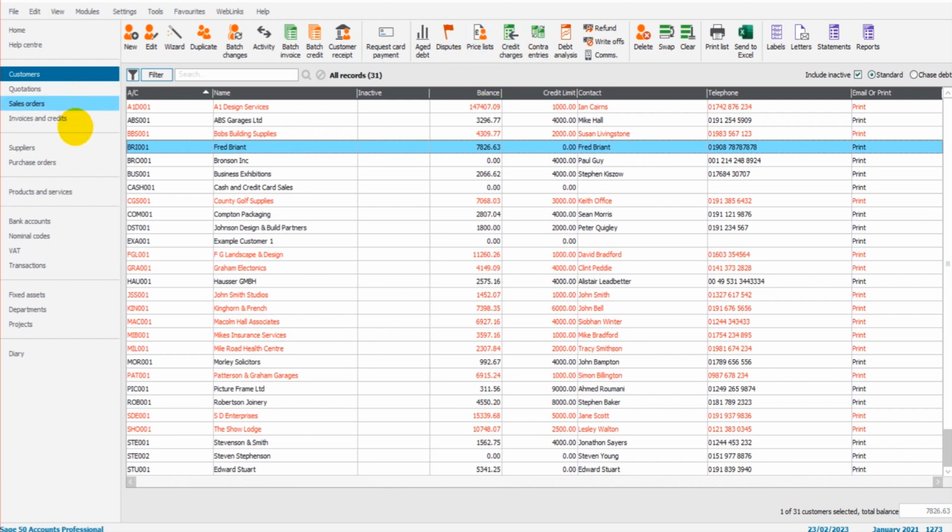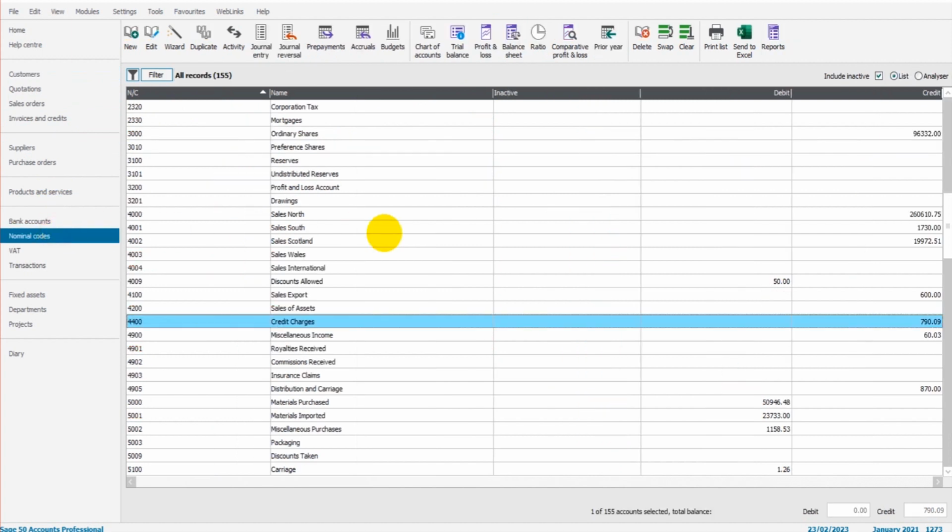The first thing you need to do is ensure that you have a credit charges nominal code. If you're using the default layout of accounts on Sage, it should be a 4000 code, so like a sales or revenue code. If you don't have one, you can add one, but just make sure that